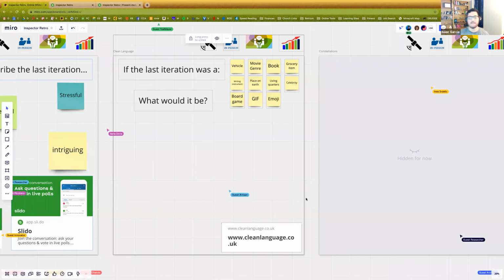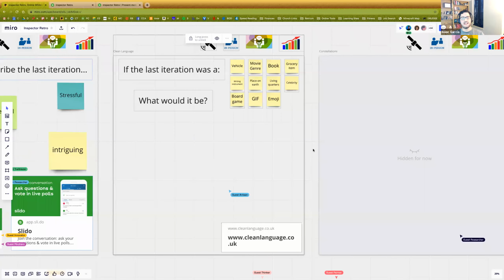It's cleanlanguage.co.uk. One of the ideas behind clean language is sometimes we as coaches or as facilitators inject our own biases into the conversation. So I'm mad. I just had a fight with my manager, and then I got told my pay is getting cut in half, and then I got told that I didn't get the promotion I wanted. So I'm mad, and I come into the retro to facilitate, and I'm like, let's talk about things that are just terrible. And all of a sudden, I'm adding my influence onto the team.